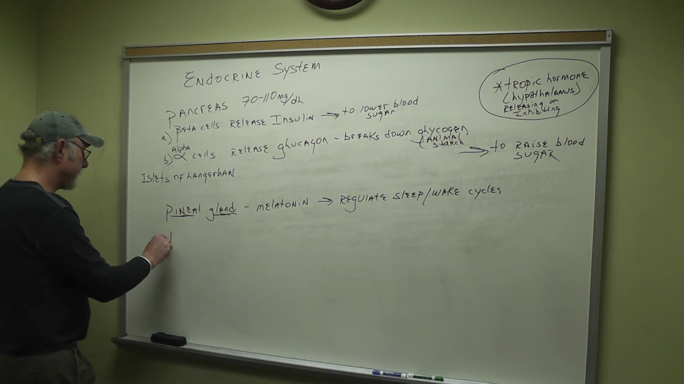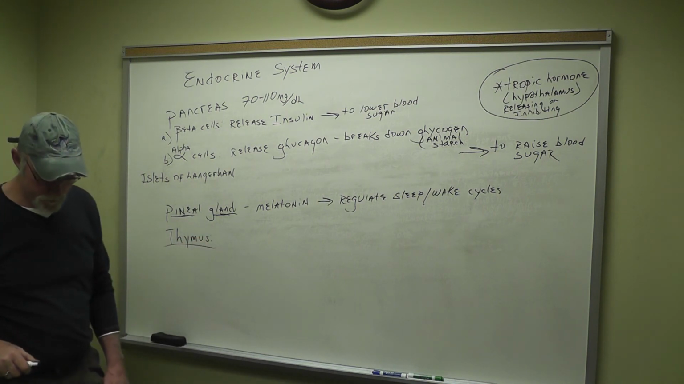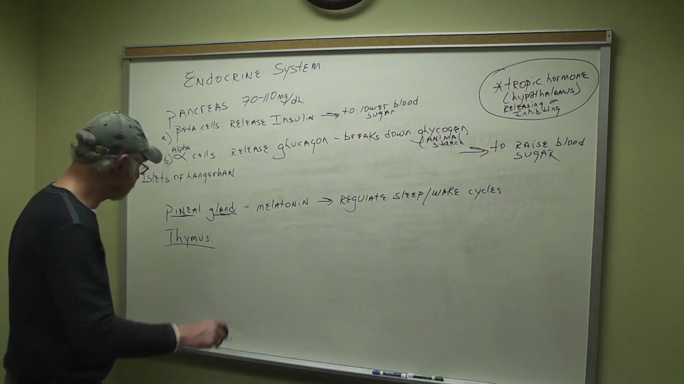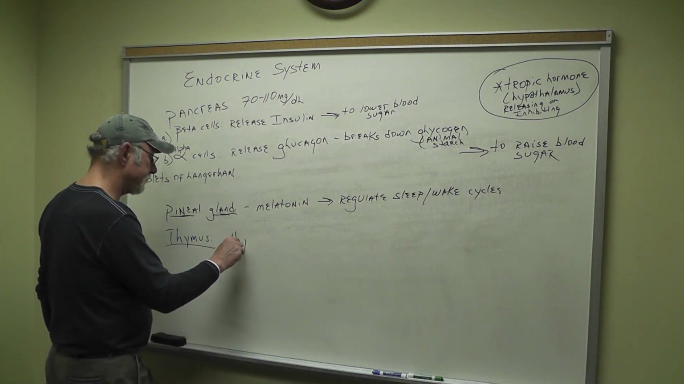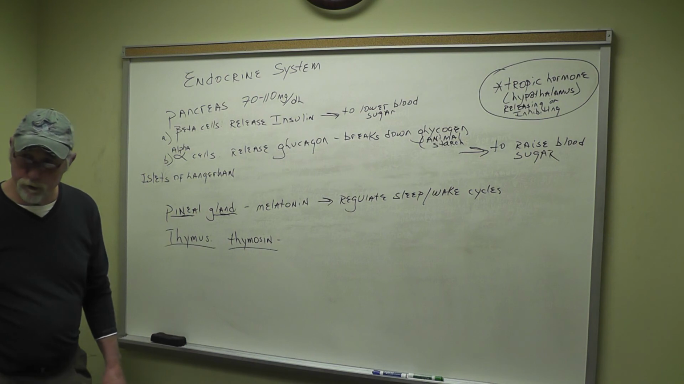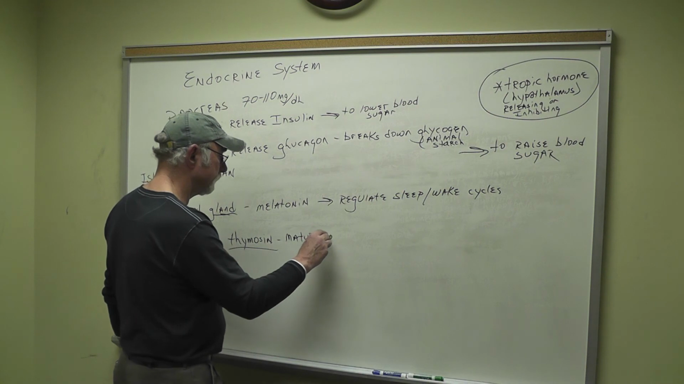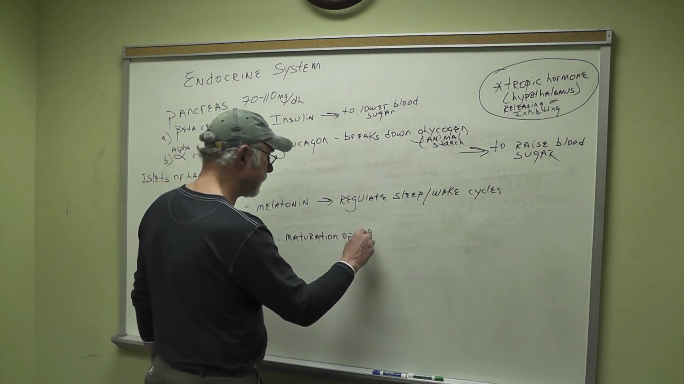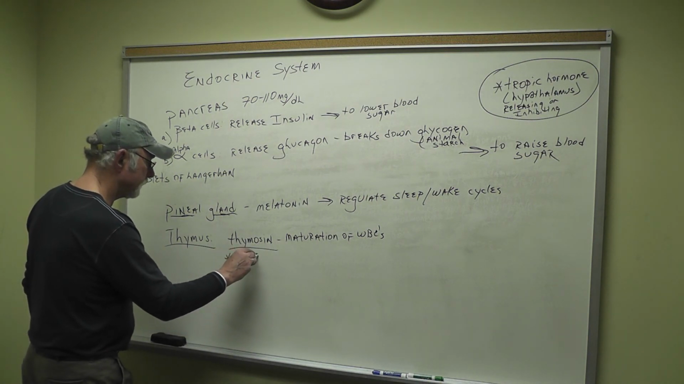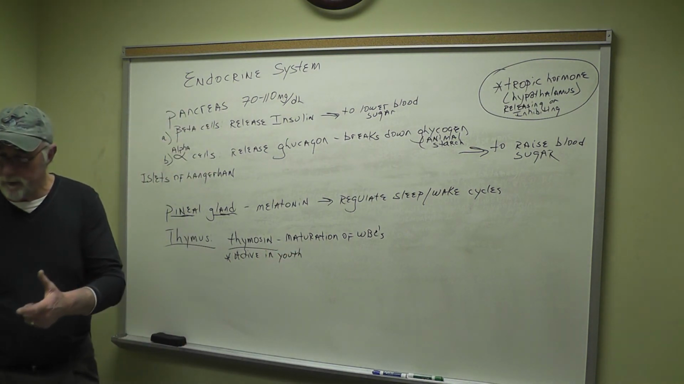Thymus gland, real quick. More active in youth and adolescence. Secretes a hormone called thymosin. And has to do with the maturation of white blood cells. And again, mostly active in newborn and youth. And then as we get older, the thymus kind of atrophies and